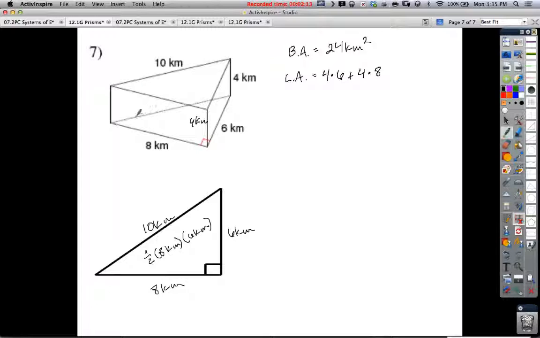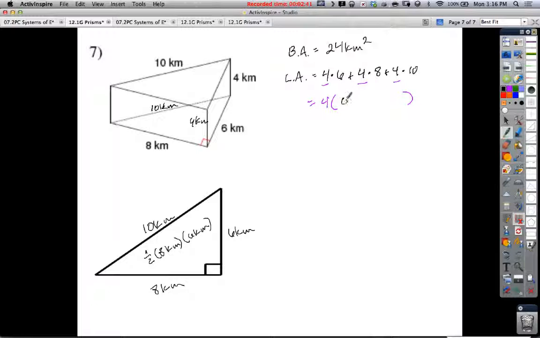And then for the one in the back here, well, you can see I found my hypotenuse. This leg right here is actually just 10 kilometers. So I know that this back face, I'm sorry, is 10 kilometers times 4 kilometers, plus 4 times 10. Now the reason that I did it this way is what I'm going to do is kind of show you a trick, and I did this in class too. You can factor out the 4,